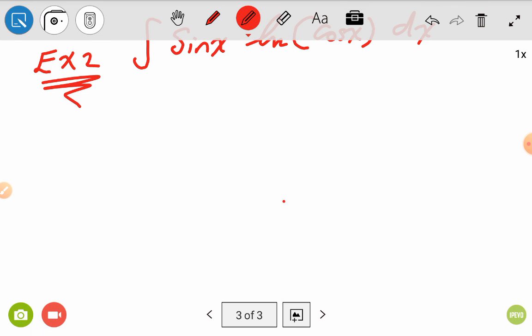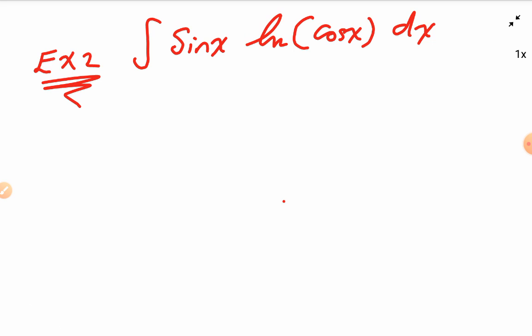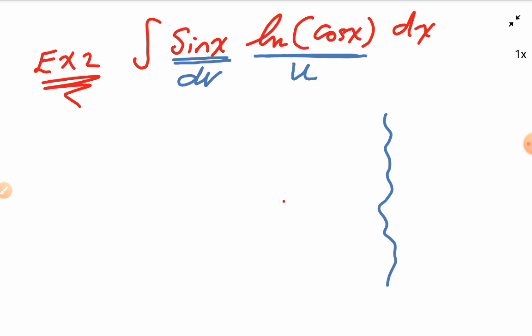First of all, we should decide what is u and what is dv. To choose u, you should follow this word, which is LIATE. LIATE means the logarithm comes first, so this one will be u and the other part of the question will be dv. Right here, we will let u be equal to ln cosine x